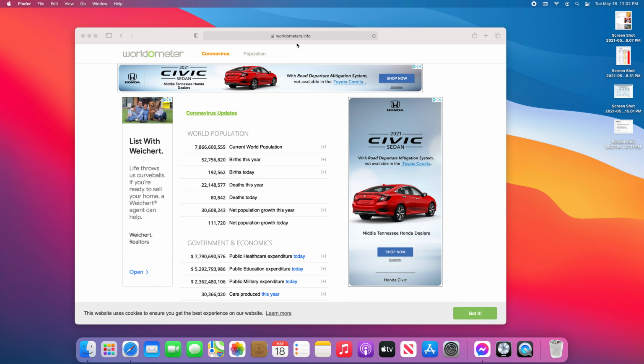This is worldometers.info. You can see up here, you type in worldometers.com, it still takes you here, but worldometers.info. This is a site that's been around long before coronavirus. They just happen to also carry the coronavirus updates. As you can see, they have